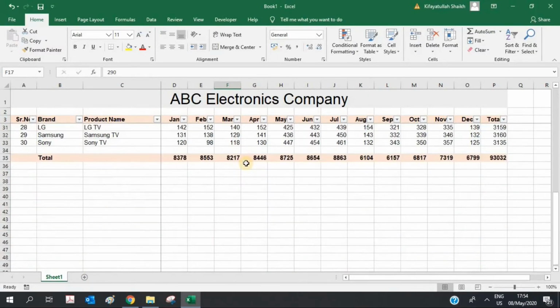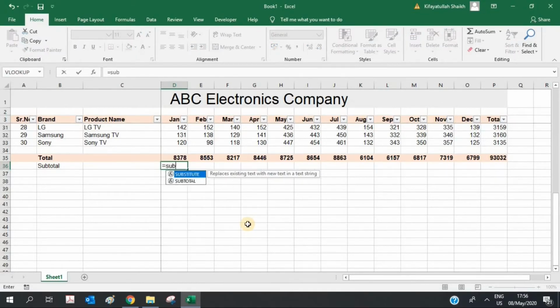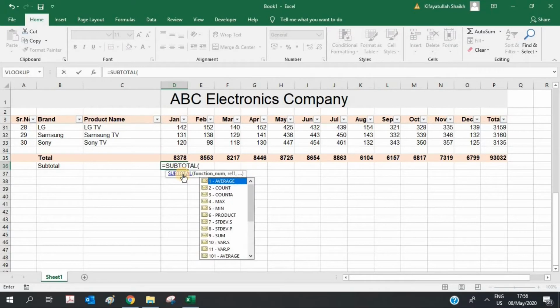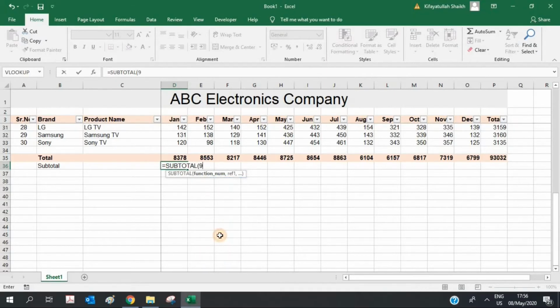So let's go back to the subtotal. Let me just type subtotal here. Subtotal. I press tab, I come here. Any formula will start with equal to sign. So I will put equal to. I will type subtotal. I will click on this box. Double click. You will see that there are many drop down options over here, like average, count, max, min. What I want is the sum. So I will just click on this sum, double click on sum, comma,